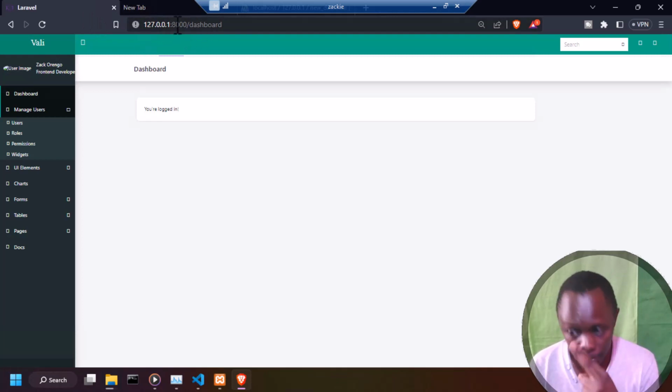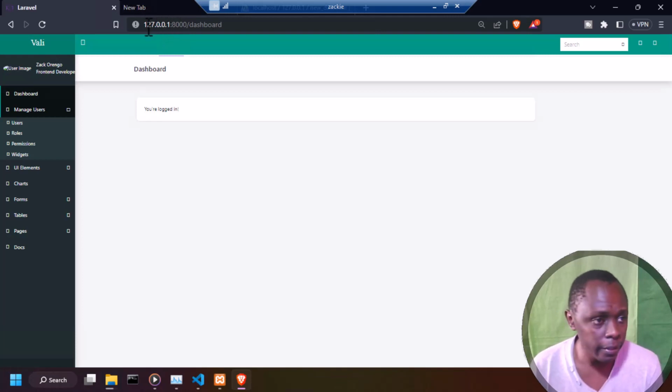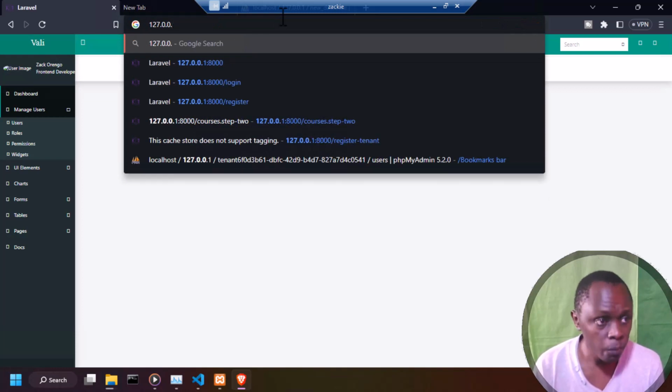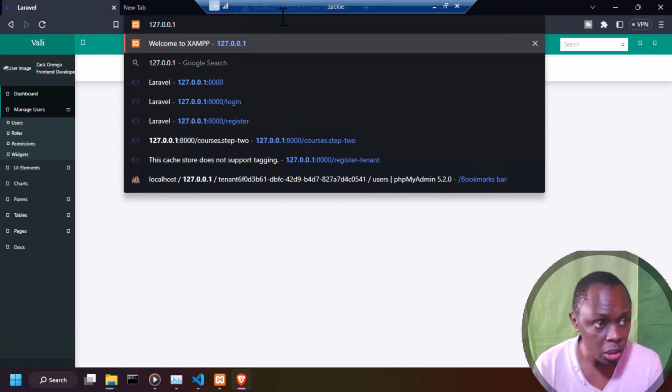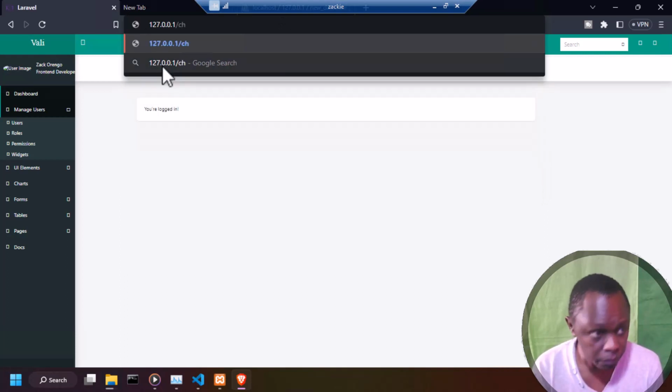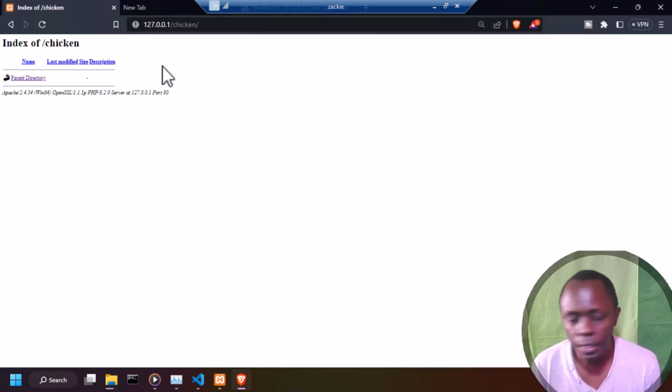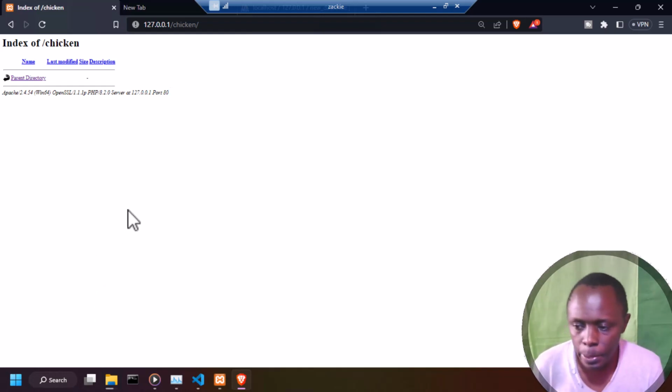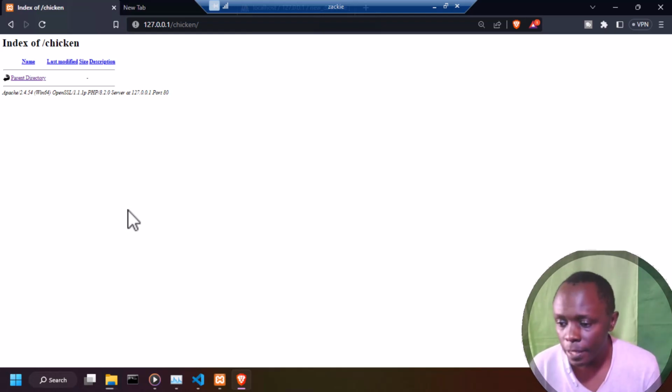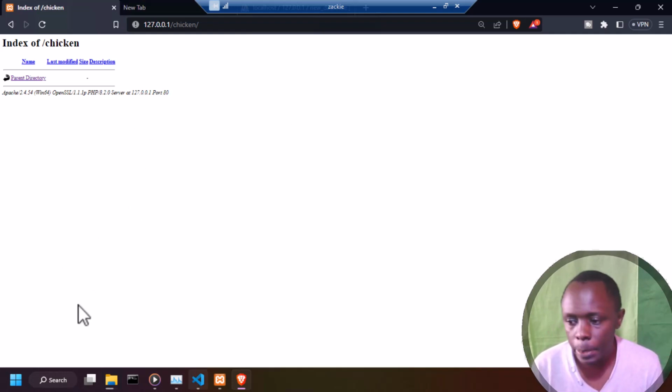Okay, there are two types of URL you can use. There is the HTTP version of this one, 192.0.1/chicken. Okay, chicken, to go to that website. So you can see this is the parent website for creating that chicken. So this is where the directories and all the files of your server will be. If I add folders and files inside there, the CSS, the style sheet, the images, all the web files, now you'll have a website on this link,